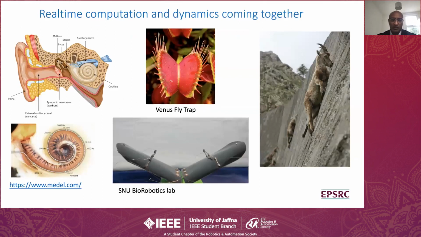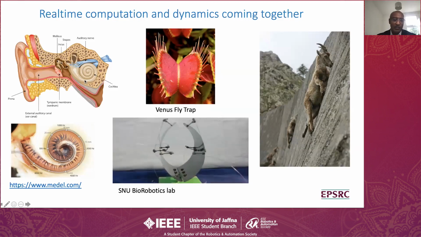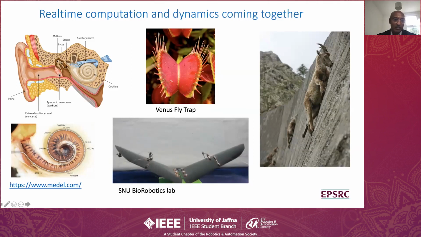Some of the examples I can show you is your own ear. You have a cochlea, which is a tapered tube of liquid, and when the time domain pressure waves come and hit the eardrum, and then through this mechanical amplifier, what happens in the cochlea, because of the tapered shape of the tube, is that it separates frequency components from low frequency to high frequency. This is like doing a real-time Fourier series, right?